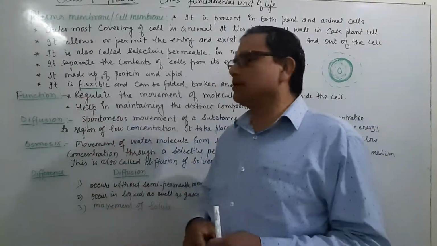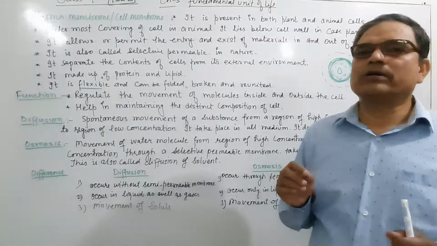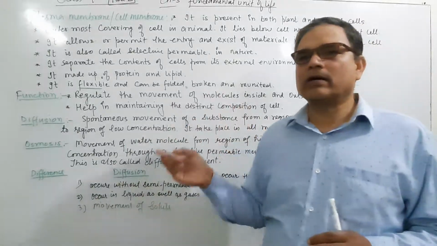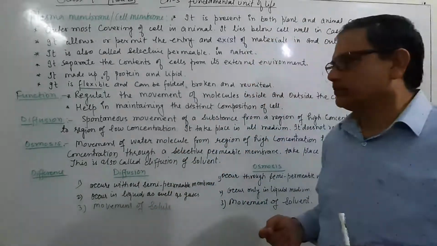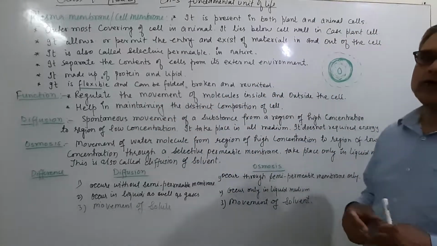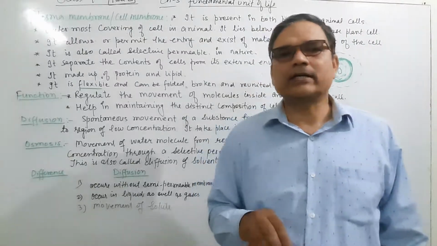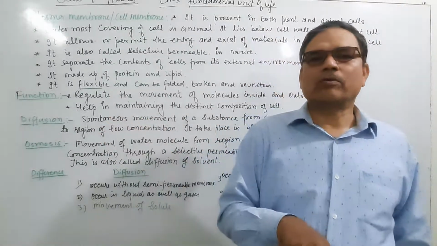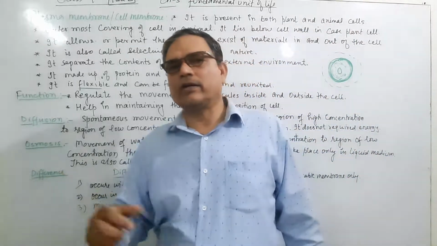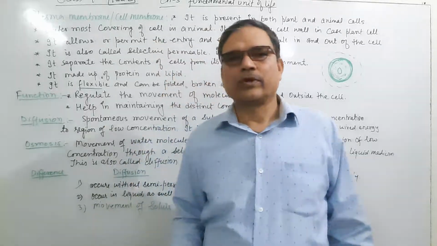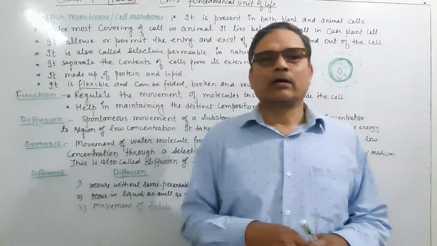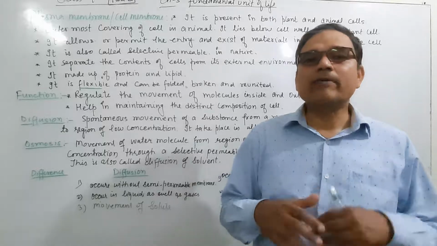And now, what is its function? It allows substances in or out, from the external environment to the inside of the cell or from the inside to the external environment. It means it regulates the movement of molecules inside or outside the cell. The substance which is required by the cell is allowed from outside to inside, and which is not needed is excreted, thrown out of the cell. We can say our skin acts as a membrane, the outermost covering, and it allows the substances required.